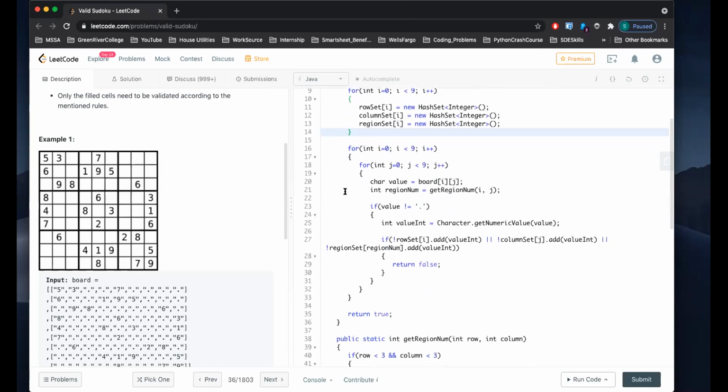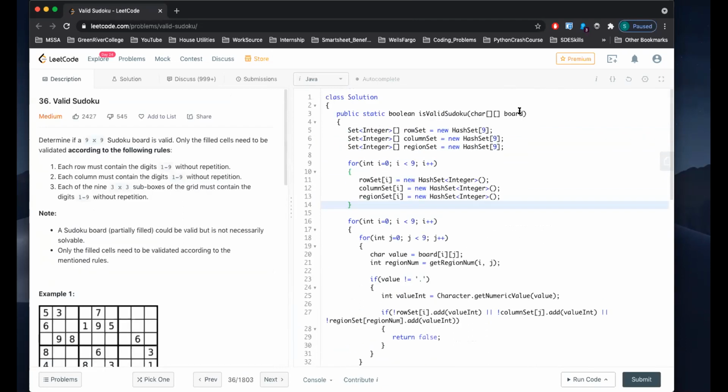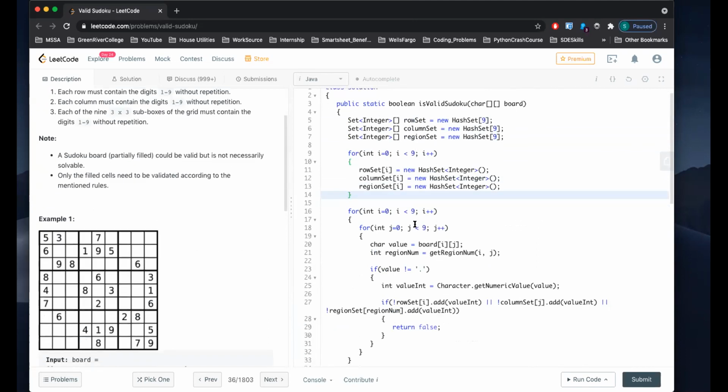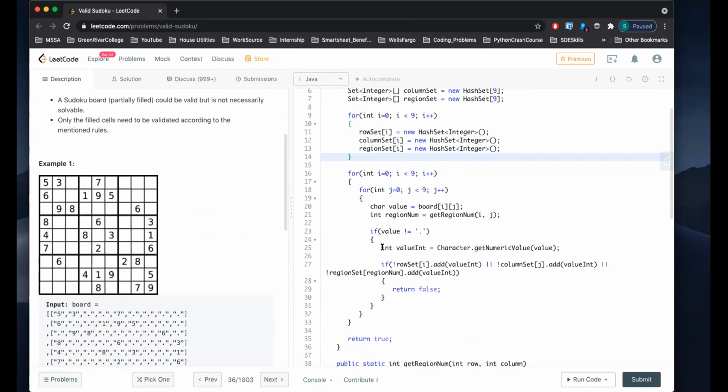Now, once again, the goal is to read all 81 cells, right? So all 81 of these small boxes. And that's what I do over here. It's my double for loop. I visit every single cell. And then I say, the board value is going to be a char, right? So first I retrieve the value. And a nifty thing I did is, row and column are easy to get, right? It's i and j, but the region is a little tricky.